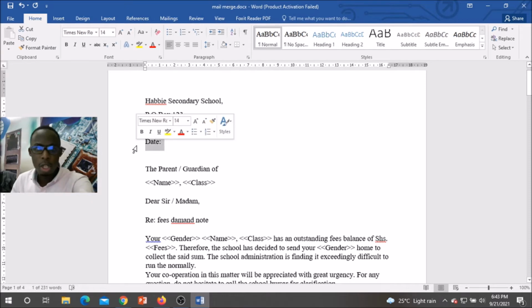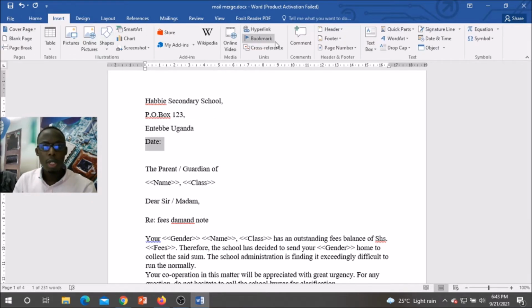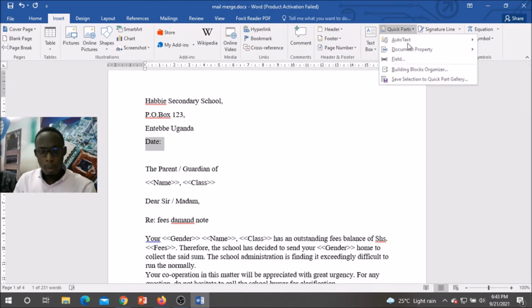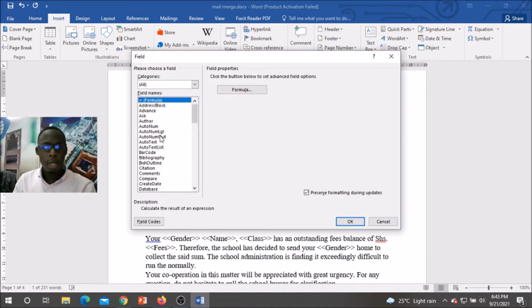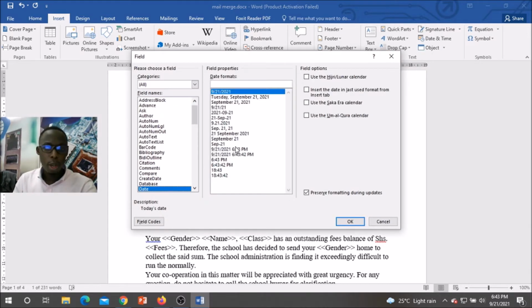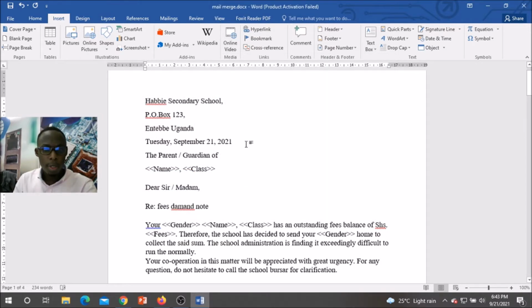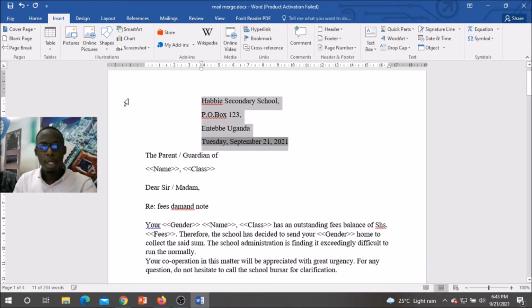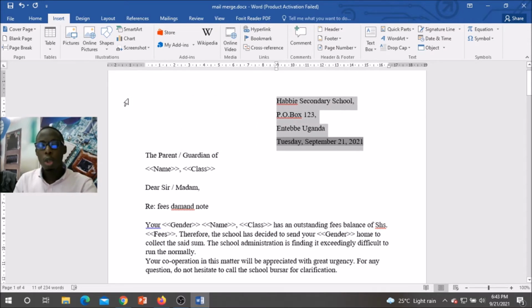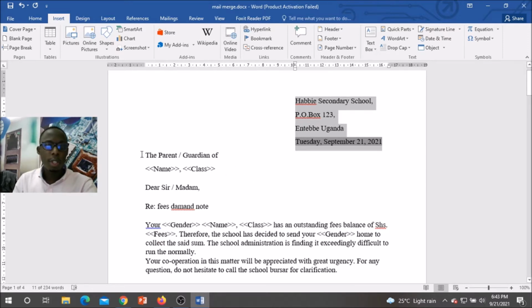Of course, I'll first change this field here. You come to Insert, then go to Quick Parts, then Field, and I'll tap D on my keyboard twice, and you'll see the date appearing there. So the date appears here, and we all know the sender's address is sometimes supposed to be in our top right corner. So we have our sender's address there, the recipient's address is here, then the salutation is here,